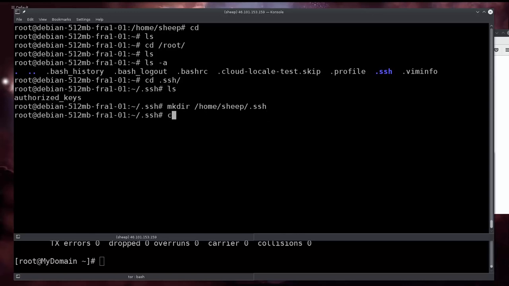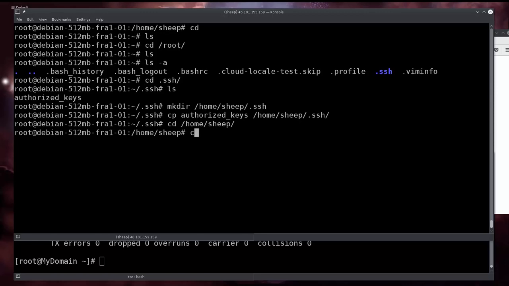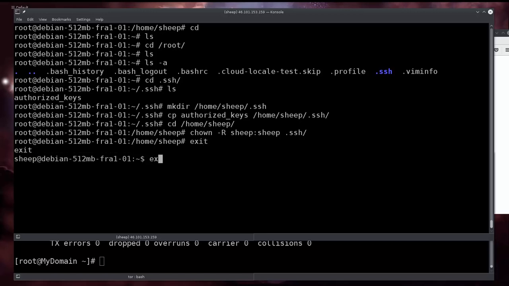And now I'm gonna go ahead and cp authorized_hosts to /home/sheep/.ssh, and now I'm gonna go into /home/sheep, and I will type in chown sheep:sheep .ssh, and I will give the recursive option here because I wish to change the ownership of this. I'm gonna type in exit,